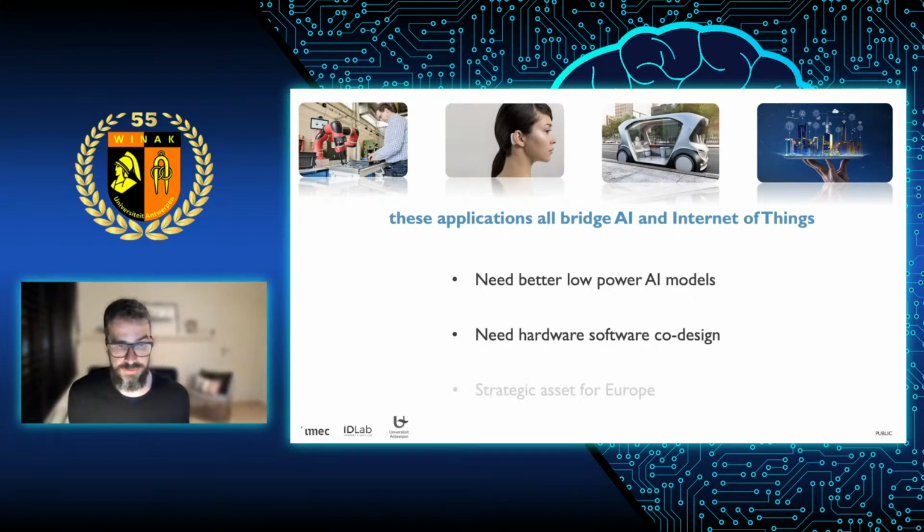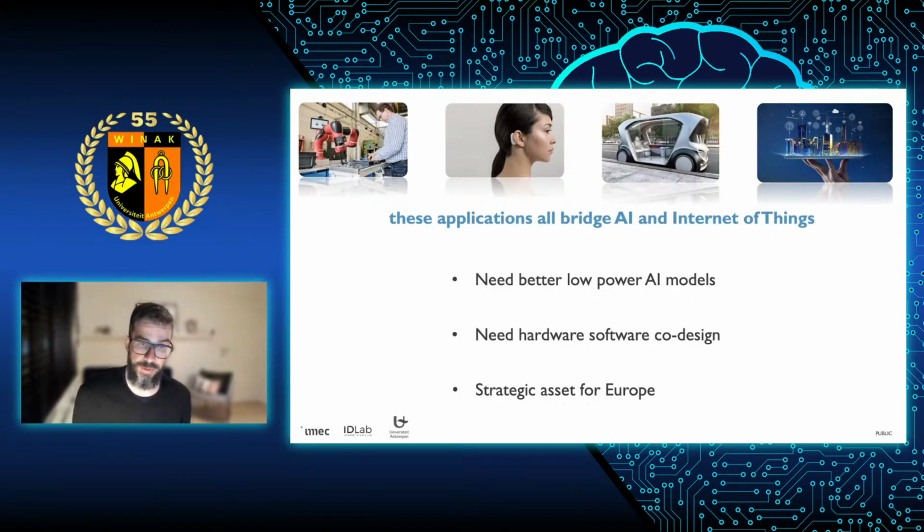Something I didn't focus on today is that I'm also very convinced personally that this could be a strategic asset for Europe. Because if you look at how the AI world is evolving, we're seeing big players like Google and Facebook focusing a lot on data center type AI. I think for a large part, we lost that type of competition to Asia and to the US.